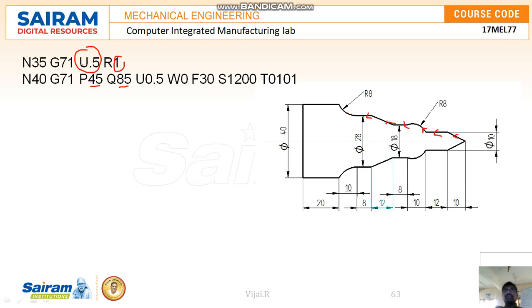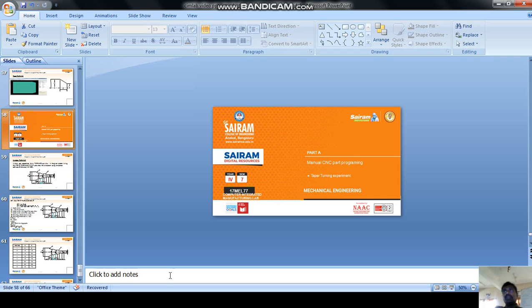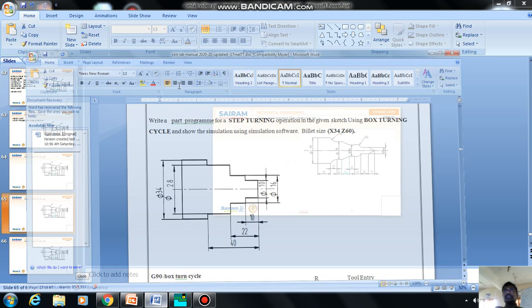This is the program for how to write the program here, let me see. After writing the program, we have to go for simulation. So this is the program. First we are writing this program in this manner, that this is the tabular column we have made, and the program that is G01, it's the first starting.